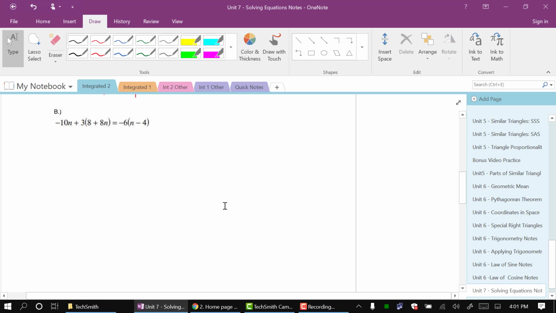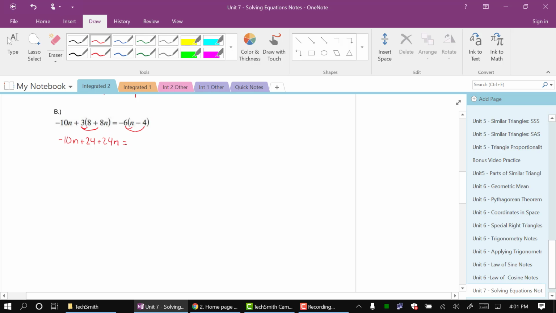Let's go ahead and take a look at B. So again, I got some parentheses. So this time I have parentheses on both sides. So I'm going to distribute the 3 to both the 8n and the... I'm going to distribute the 6 to both the n and to the -4. So this gives me -10n plus 3 times 8 is 24. 3 times 8n is